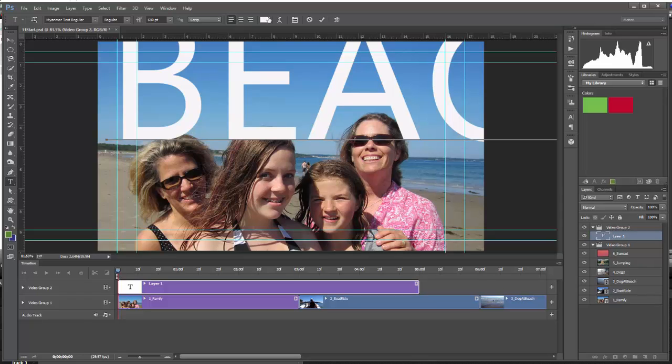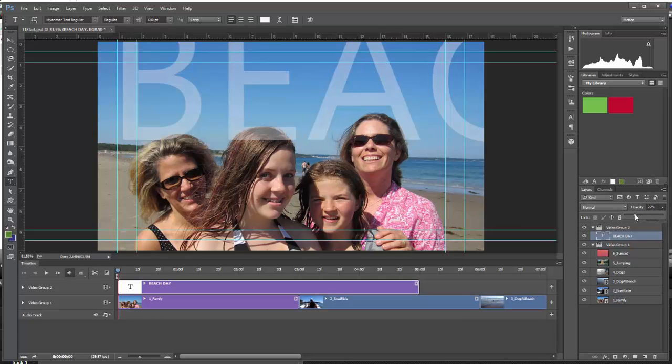The text is large enough so that it doesn't all fit on the image. We're going to animate it so that it moves across the screen. In your Layers panel, change the opacity down to 25% so it's really a screen going over it. In the Timeline panel, drag the endpoint of that type layer back to 3 seconds so it's the same as the family film clip. Click the arrow next to the thumbnail in Beach Day to display the clip's